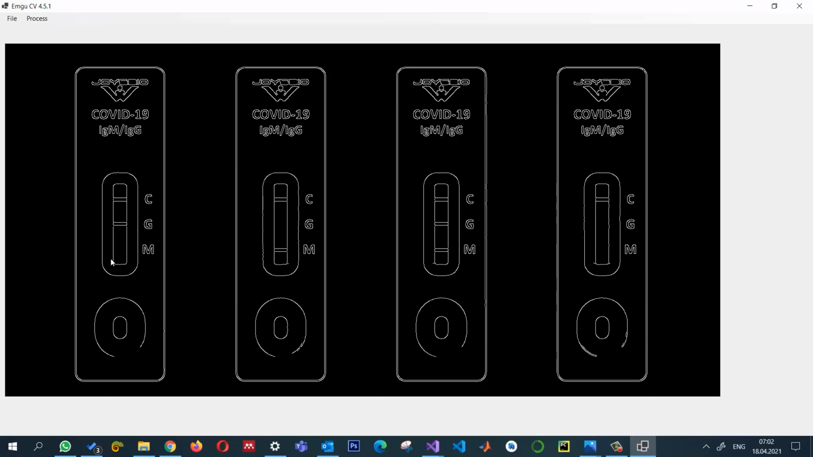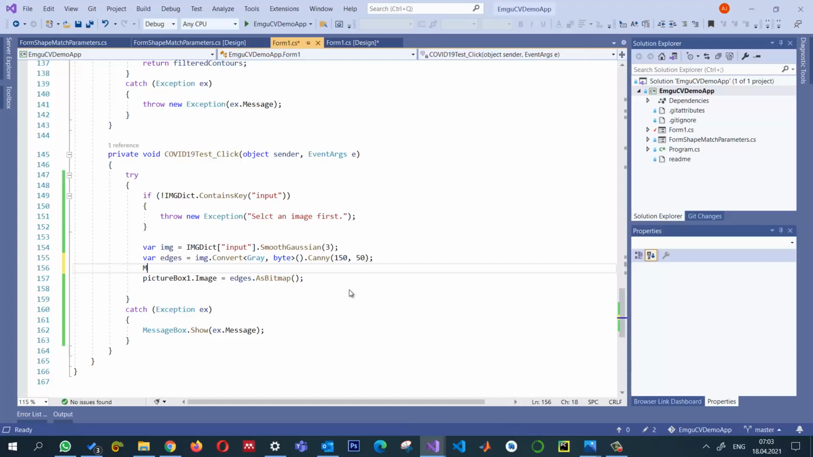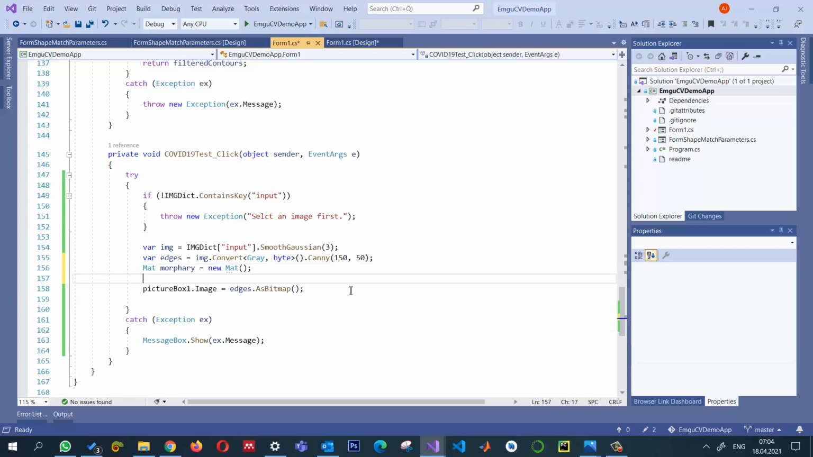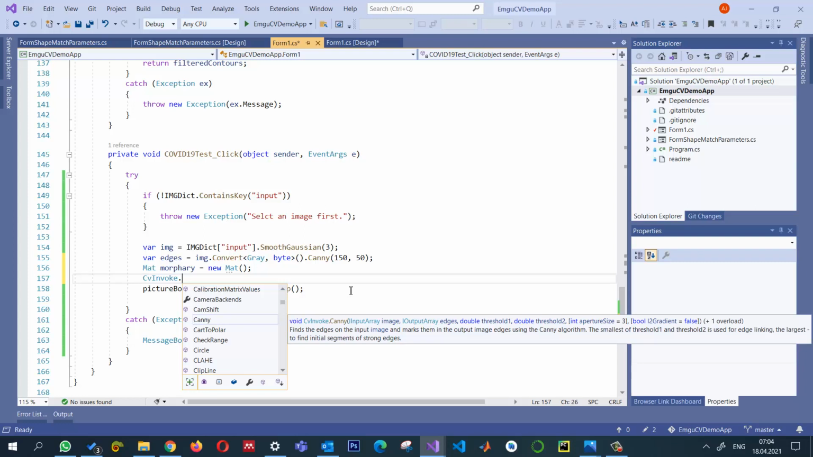So the edges that I wanted to find is over here, and we can also do some dilation if there are some small edges somewhere or small elements. I just want to suppress them, and if there are some discontinuities, I just want to connect them also. So to store the results, I'm just going to create a variable called morphology is equal to new Mat object. Okay, and then we can apply CvInvoke dot morphology